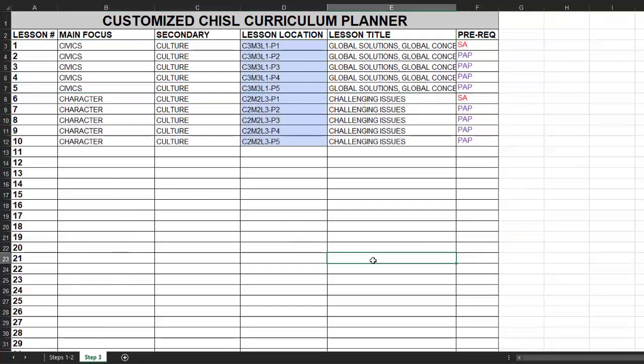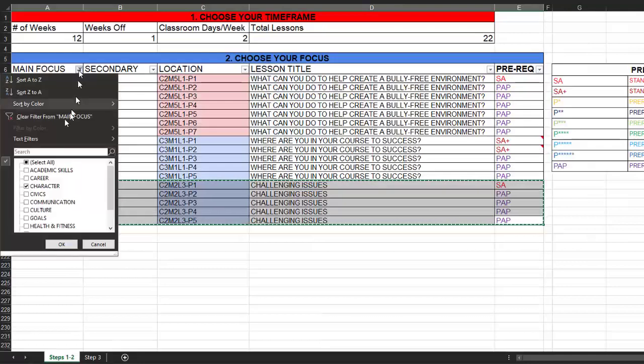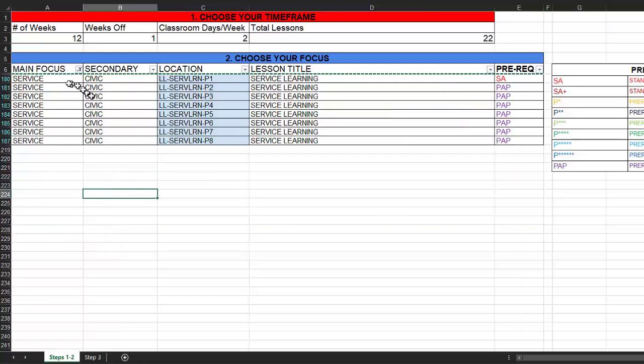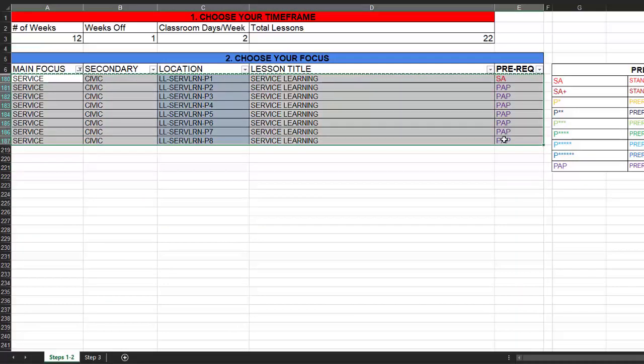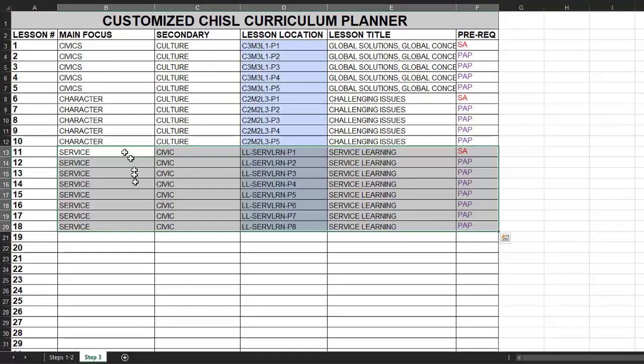So it's not without its clunkiness, and we will hopefully get this a little bit more dialed in. But in the meantime, for those that want to be able to jump around and pick specific sections or specific areas, focuses that we wanted to work on with our cadets, this is a serviceable way to do this. So service learning, obviously we could do that at any point. Again, just copy, Control C, go over here, highlight, Control V, and now we're at 18, so we only need